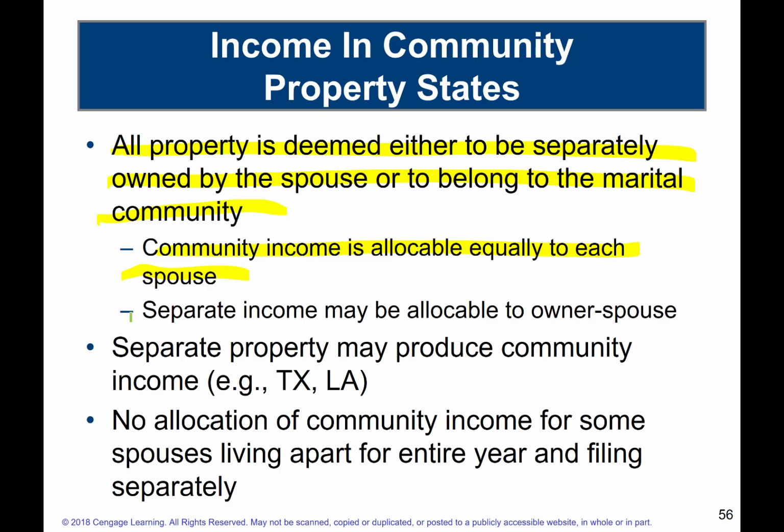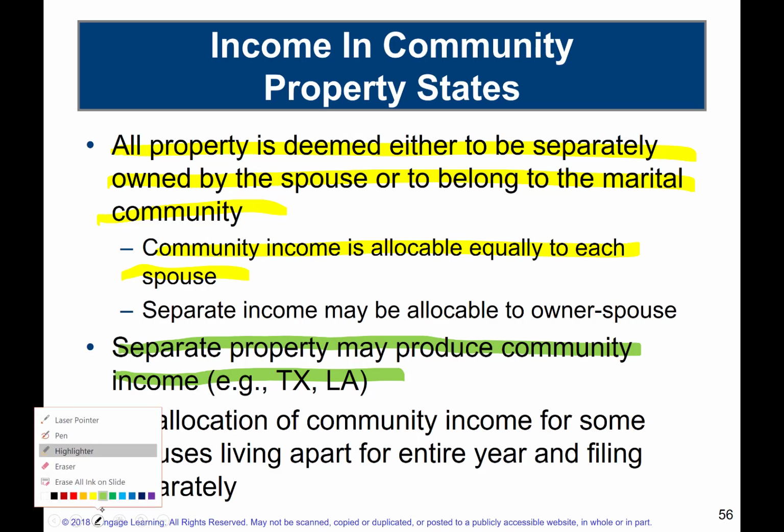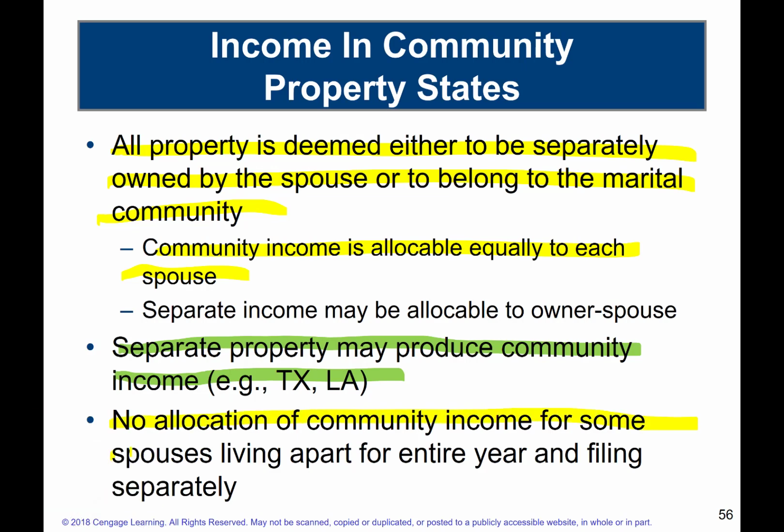Okay, separate income may produce community income. So even though the property is separate in these states, they'll still treat that income as belonging to the community. So some states have a little bit of a different approach, and therefore the tax consequence is different. Okay, there is no allocation of community property, and again, this gets into the filing separate issue and why we